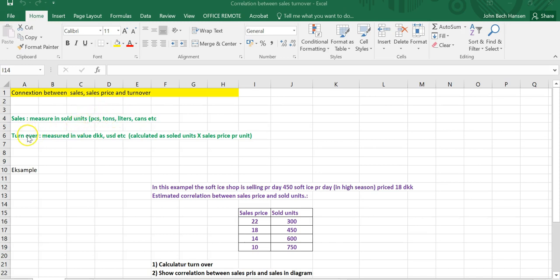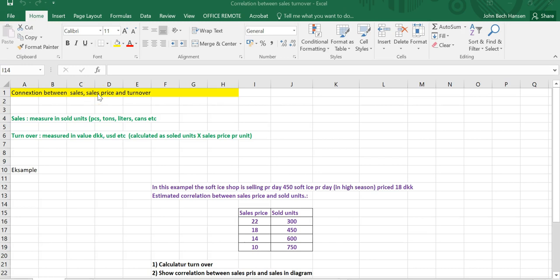So that's different from the turnover. Turnover is measured in the value. So that could be Danish kroner, US dollar, or whatever you like. And the correlation here is, of course, made by a very important thing, the sales price. And any business